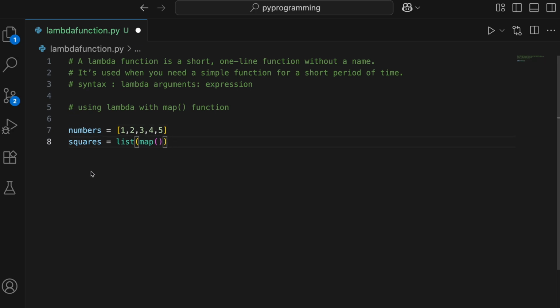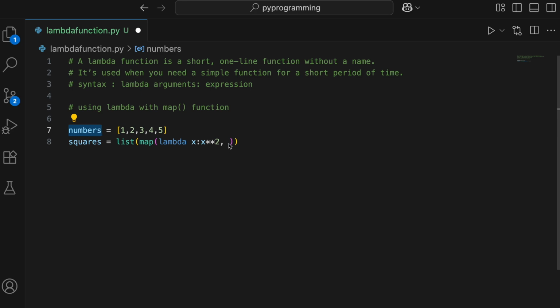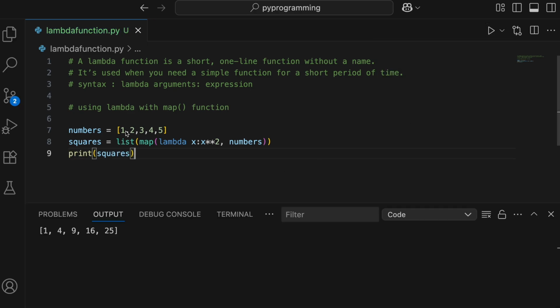Rather than creating a separate regular function, we are going to create the lambda function here itself. For that, we will use the keyword lambda first. Let's take an argument, and we just want to square the numbers. And this is the list where we want to apply the logic of the function. Now if we print squares, we'll get the result. Let me save this and run it. Now you can see the square of each and every number. In a regular case, when you are not using a lambda function, you would have written a regular function with this logic and then called that function in the first argument of the map function. Rather than doing that, we just created a lambda function here itself.